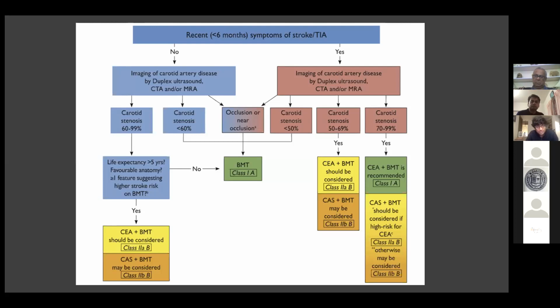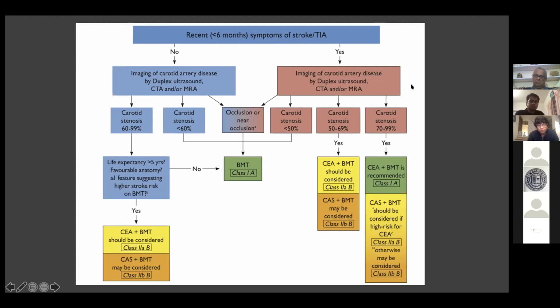And if you ask me personally, I wouldn't touch a case of asymptomatic carotid artery disease unless it's more than 80%, and that also after very carefully and personally evaluating the plaque morphology to make sure that this is indeed a vulnerable plaque, and that the patient has a life expectancy of more than 5 years, and that the patient has favorable anatomy either for surgery or stenting. And I usually wouldn't want to stent these patients. I would rather do surgery if it's high-grade asymptomatic carotid artery disease.